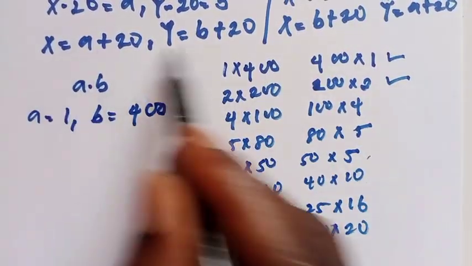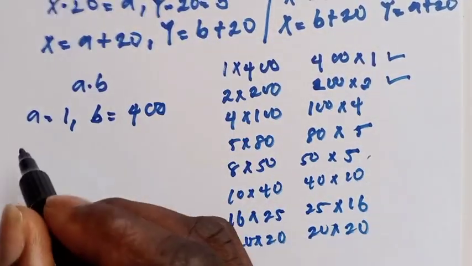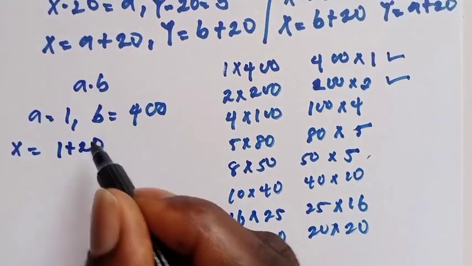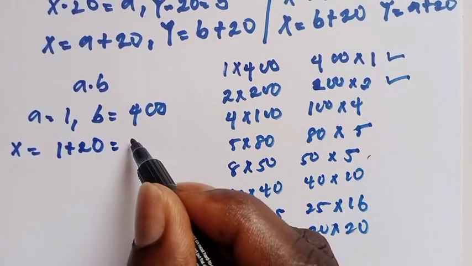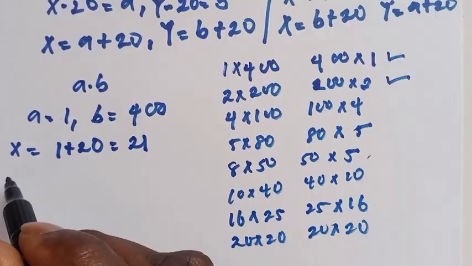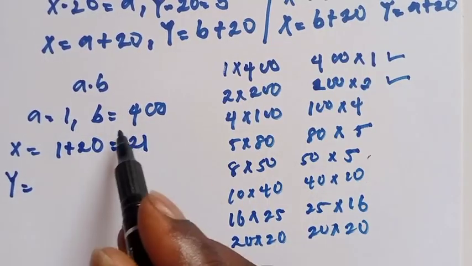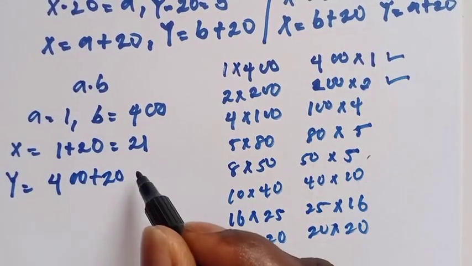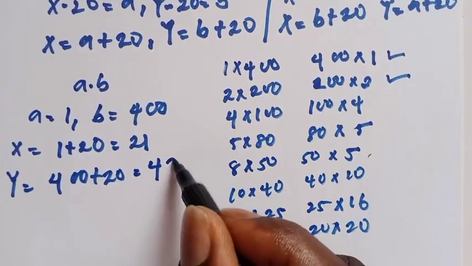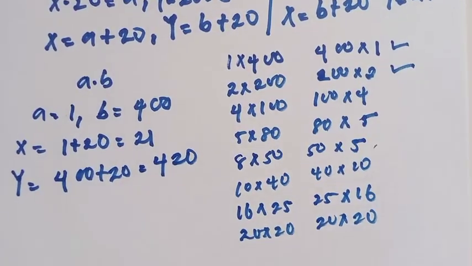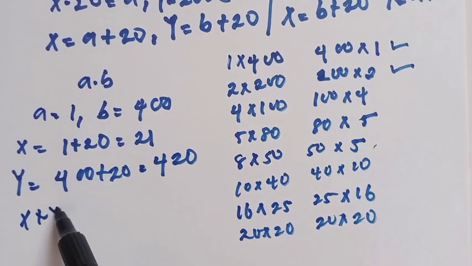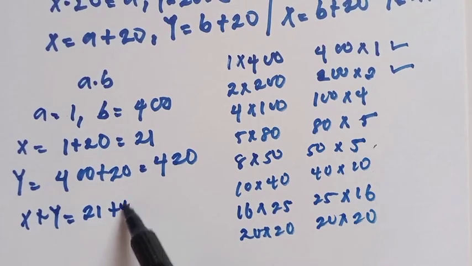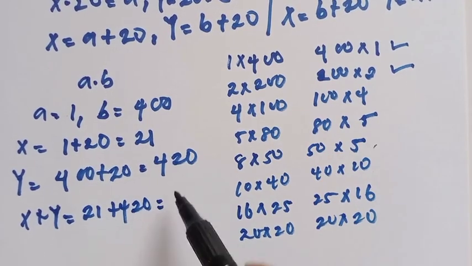So substituting into this side of the equation, we have that x will be equal to A, which is 1, plus 20, which is equal to 21, and then y is equal to B, which is 400, plus 20, which is equal to 420. Then from here, x plus y will be equal to 21 plus 420, which is equal to